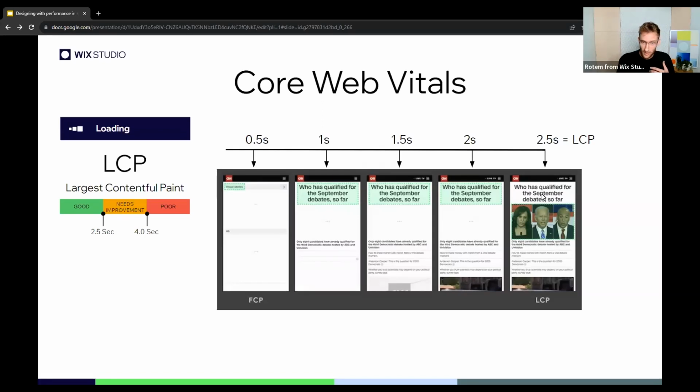Then on the 2.5 second mark, when the page has finished loading, an even larger image appears, which becomes our largest contentful paint. The LCP score in this example would be 2.5 seconds, which is just in the green area. If you look at the bar here on the left, 2.5 seconds, because this is the time it took for